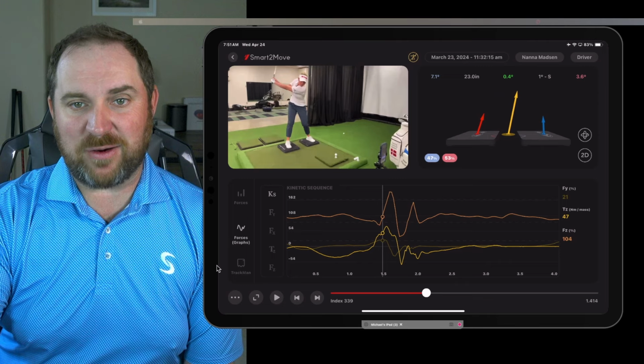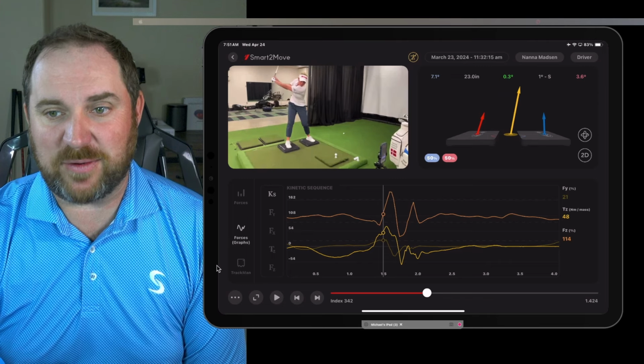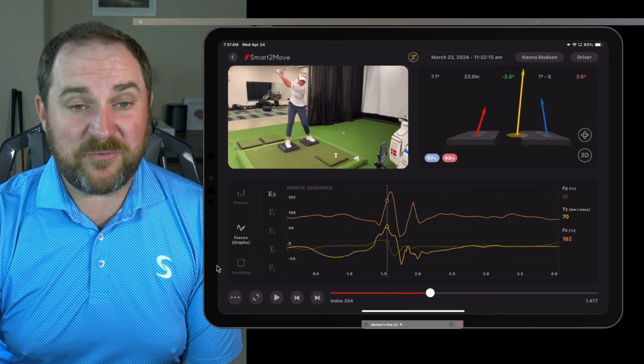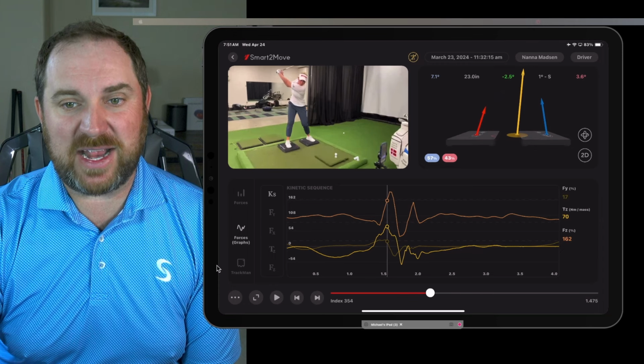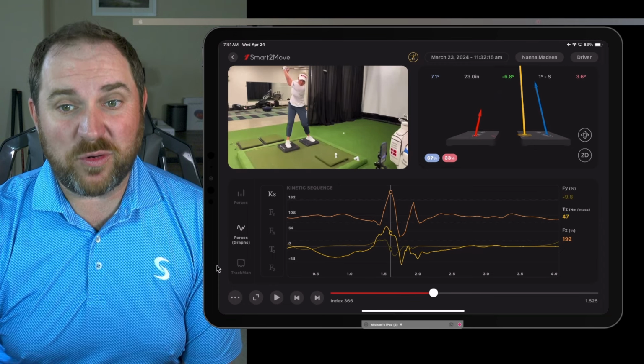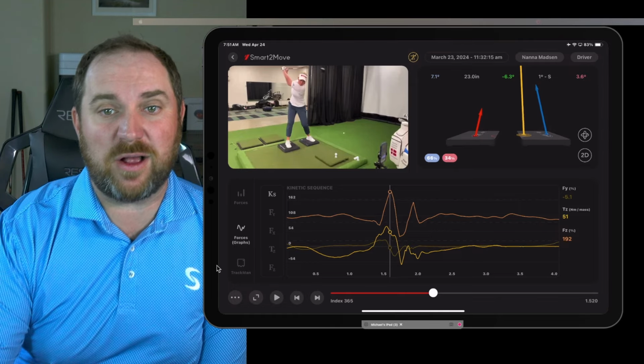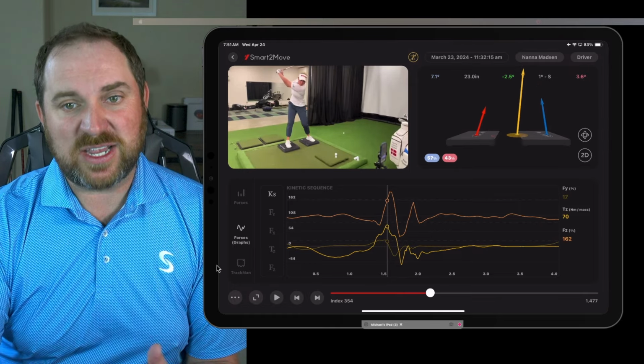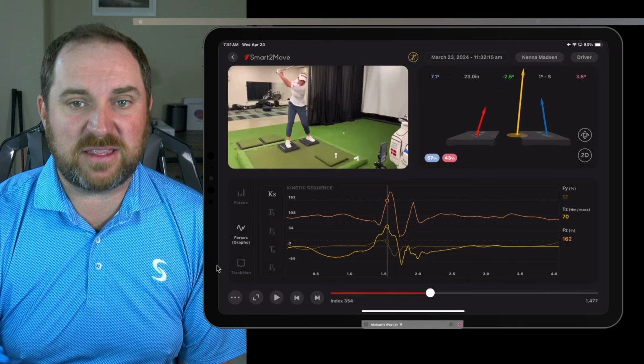It creates a good amount of lateral force early in the backswing, which I always like to see. But then all of a sudden we get to peak torque before we get to transition of the swing. We get to peak vertical before we get to the even transition of the golf swing. Now, I've only ever seen this a couple times, and it's with players that, again, tend to over-rotate the backswing,